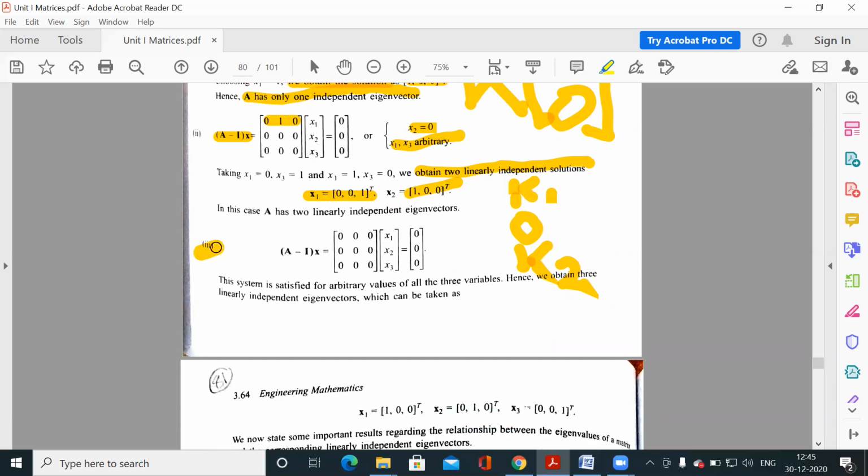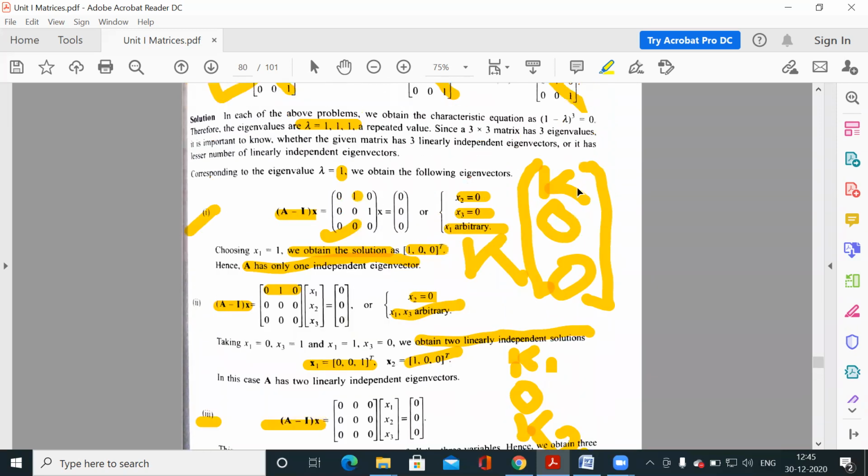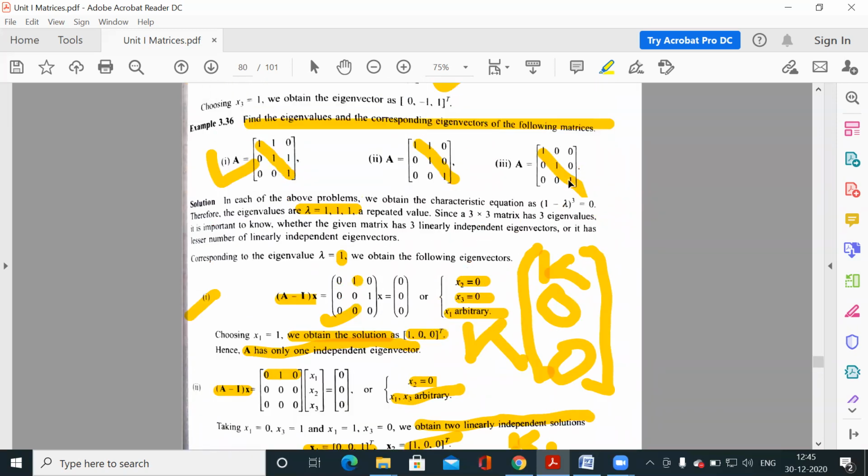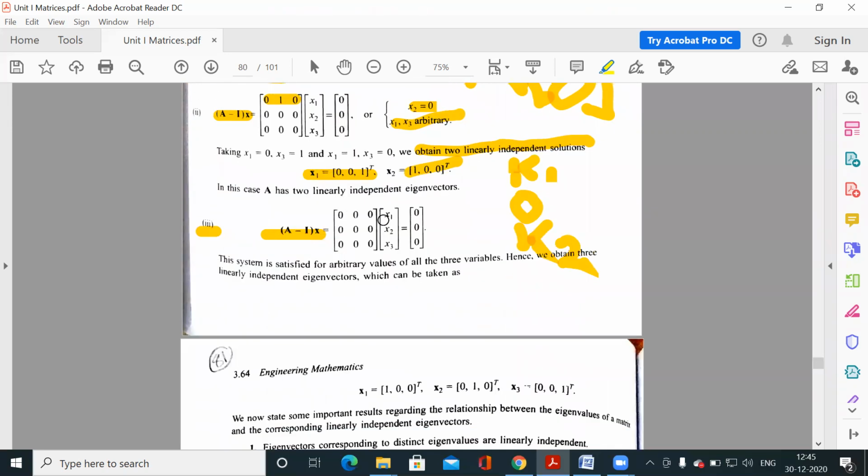थर्ड वाले केस में भी आइगन वैल्यूज तो 1 1 1 ही हैं, तो आप थर्ड वाले में डायगोनल में से 1 माइनस कर दीजिए, 1 माइनस 1, 1 माइनस 1, 1 माइनस 1, तो ऑल एलिमेंट्स आर 0। तो इसकी रैंक क्या है, 0, क्योंकि सारी रोज 0 रोज हैं, और वेरिएबल्स 3 हैं, सो 3 माइनस 0 मीन्स तीनों वेरिएबल इंडिपेंडेंट हैं। तो इसका आइगन वेक्टर क्या मिलेगा, k1 k2 एंड k3। तो अब आप एक बार 1 0 0 दे दीजिए, दूसरी बार 0 1 0, तीसरी बार 0 0 1, सो ऑल आर इंडिपेंडेंट आइगन वेक्टर्स। सो इस केस में हमें तीनों इंडिपेंडेंट आइगन वेक्टर्स मिल जाएंगे।